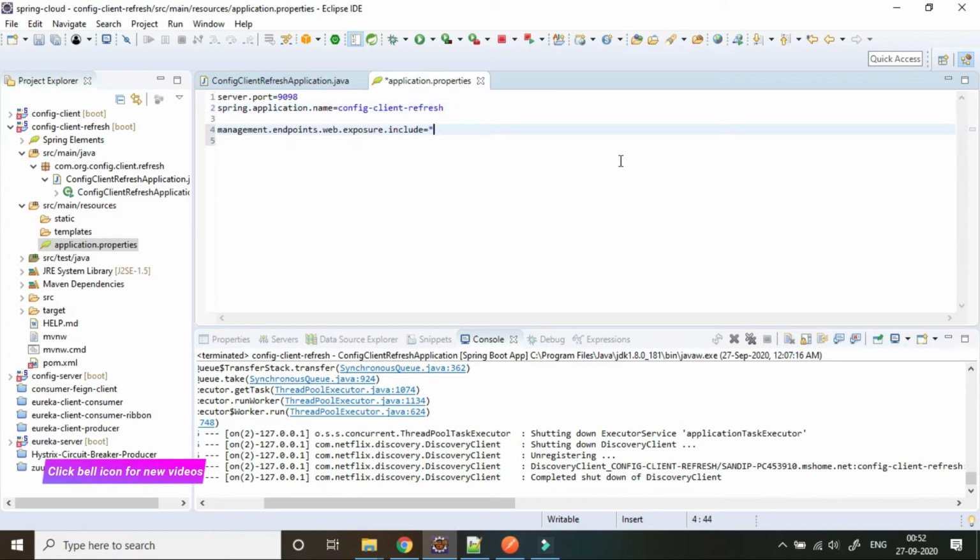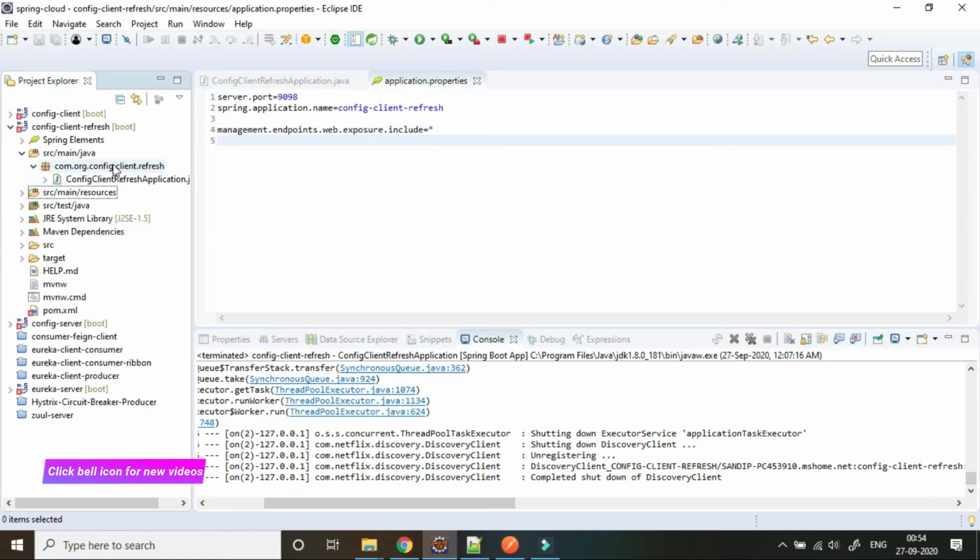Then we will provide management.endpoints.web.exposure.include equal to star. Once we provide this property in our application properties, it will expose all the actuator related endpoints which we will need to refresh our property. Later we will discuss it again.